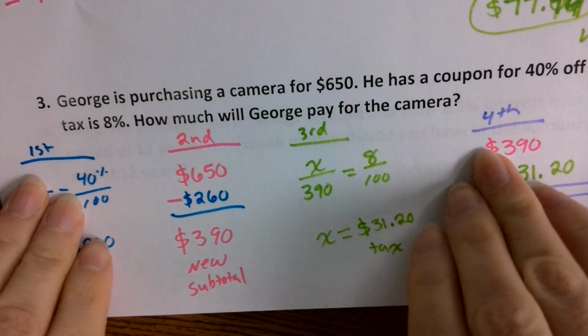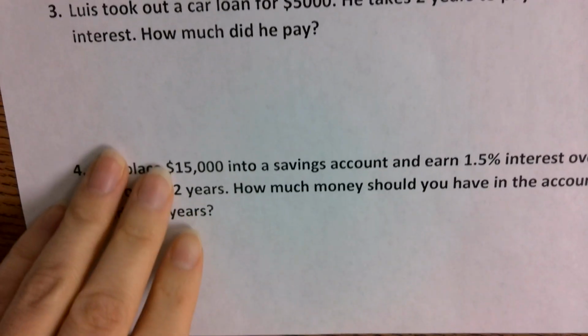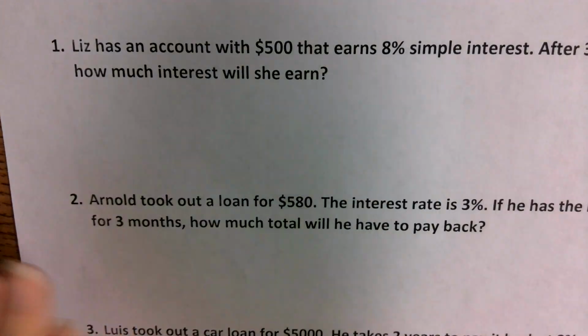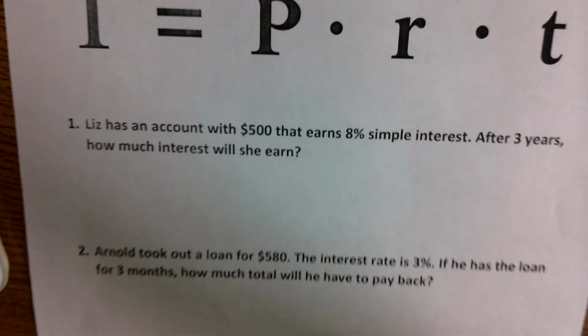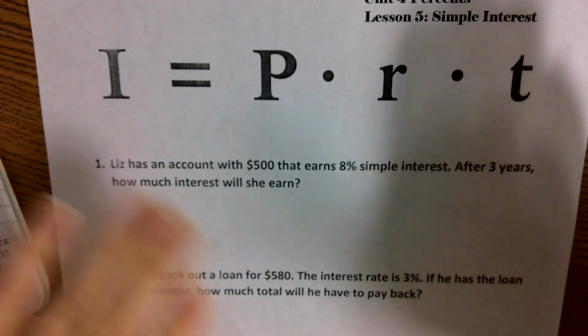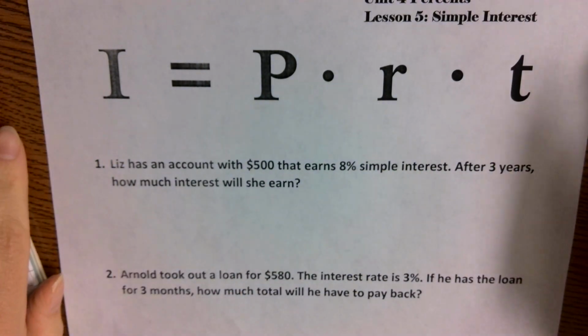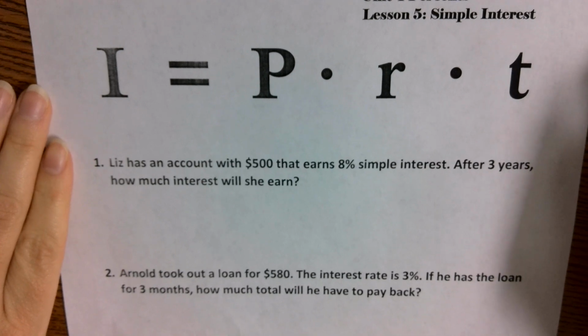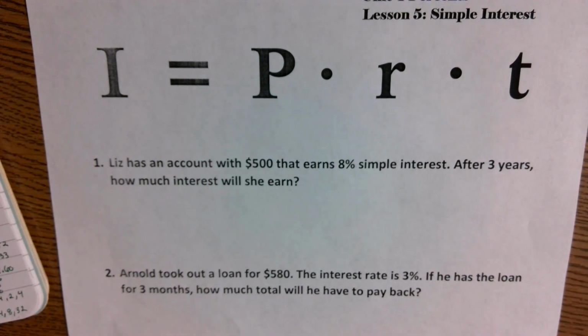Let's go ahead and flip it on over. We're going to talk about simple interest for today. Simple interest is the concept of paying interest or earning interest off of an account. Now most accounts that we deal with are not actually done through simple interest. Most of them are done through compounds, either compounded quarterly, which means that every 3 months you earn interest on it, or they might be compounded